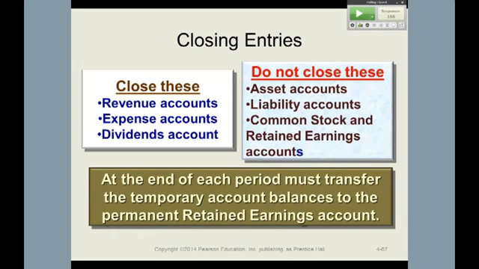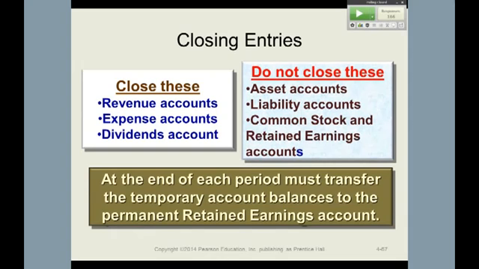Now, the reason why we're going to have this account called income summary is that we don't want to see the retained earnings account cluttered with lots of entries. So we use another account called income summary to accumulate the changes, or at least the closing, of those revenue and expense accounts. Dividends are going to be closed out directly to retained earnings. Revenues and expenses are going to go to income summary.